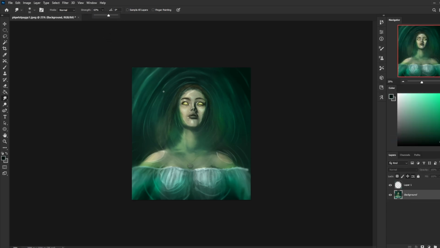Like you're just smudging the entire canvas, really. And the ripples look a lot more realistic this way, instead of actually trying to line in those ripples. Like you can go all the way 100%, increase the size of your brush, okay, maybe not that much,